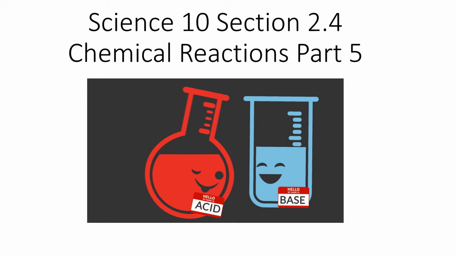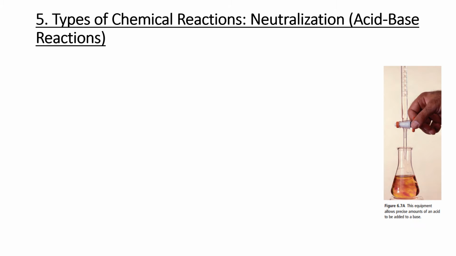Section 2.4, Part 5, continuing to look at types of chemical reactions. So the fifth type of chemical reaction that we're going to look at is a neutralization reaction. It's also called an acid-base reaction. After spring break, we will spend some time looking specifically at acids and bases, and that will help a lot